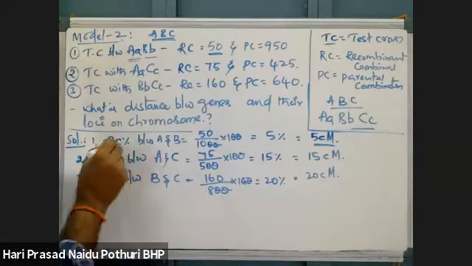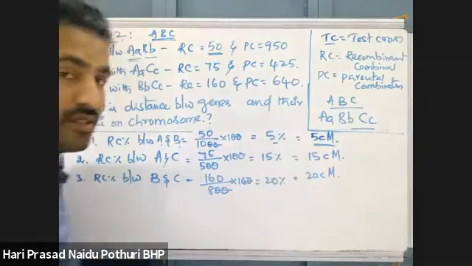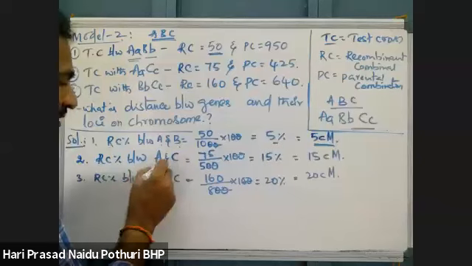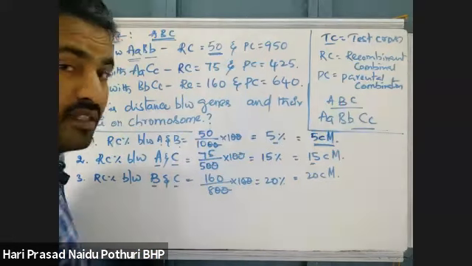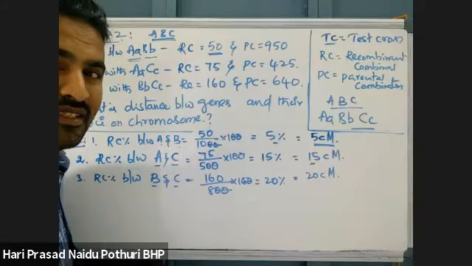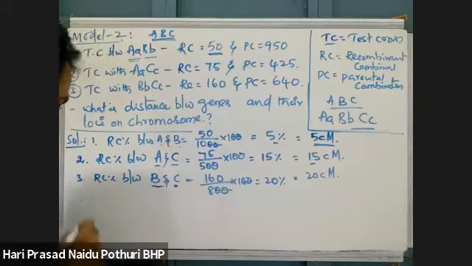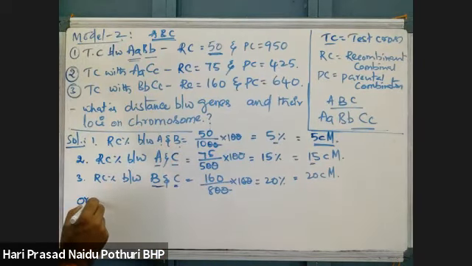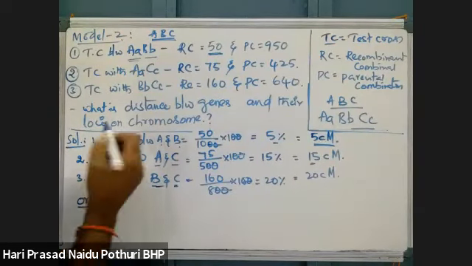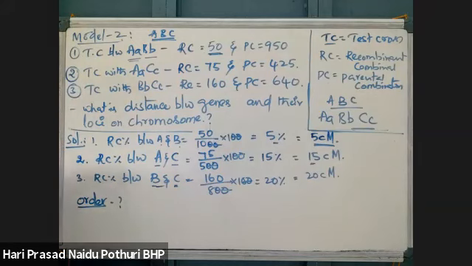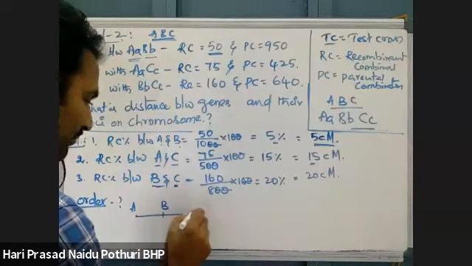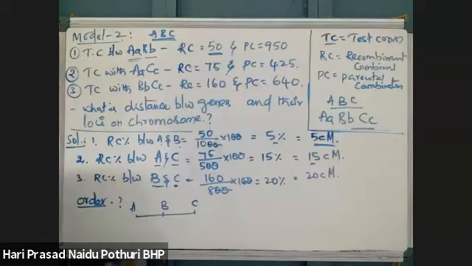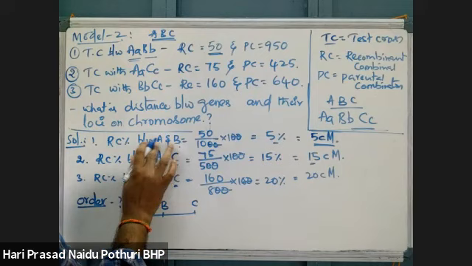Now, the distance between gene A and B is 5 centimorgans, the distance between gene A and gene C is 15 centimorgans, and the distance between B and C is 20 centimorgans. Right? As the distances are here, now find the order. If you write a chromosome order, suppose, comparing the three, A, B, C.